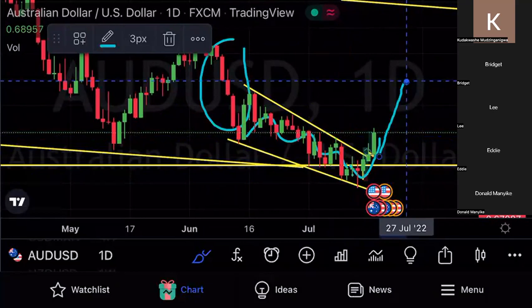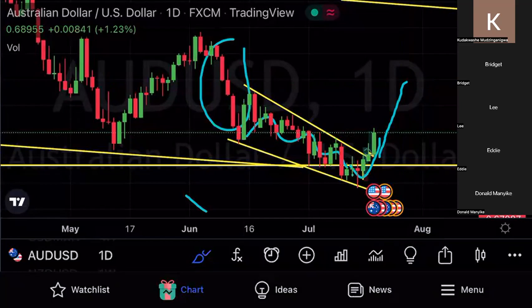What we are doing is putting the odds of success in our favor by knowing the nature of price. Price moves in impulse and correction, but you need to understand whether it is a reversal correction or a continuation correction. You need to understand that. Let's look at another point, guys, on the same pair.